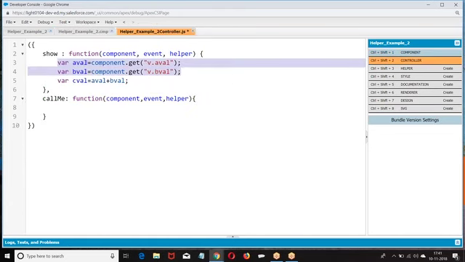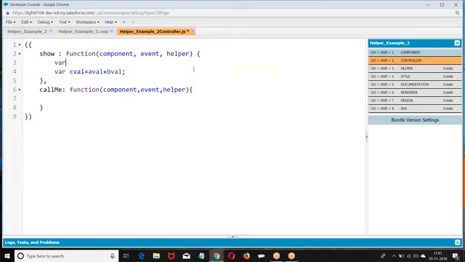Now I'm giving here component.find, component.find, then get value.